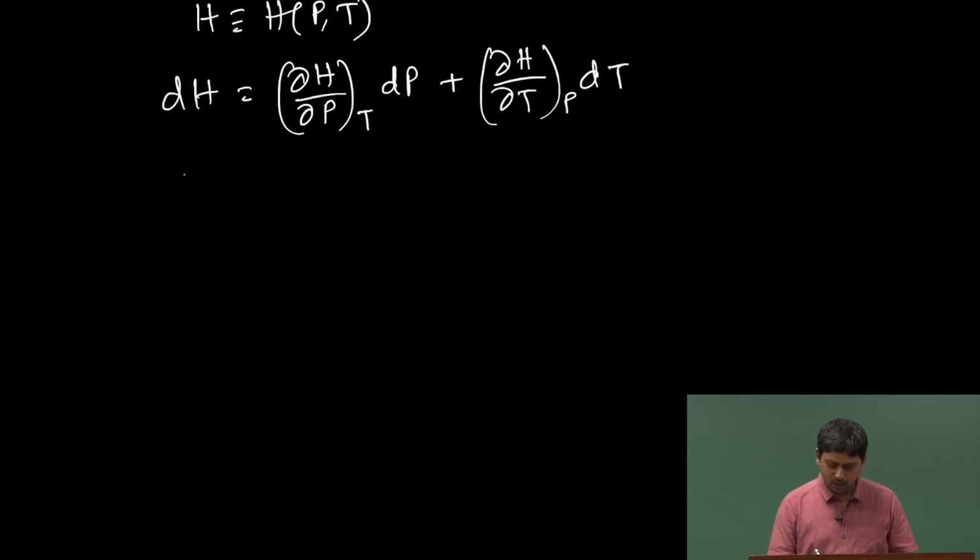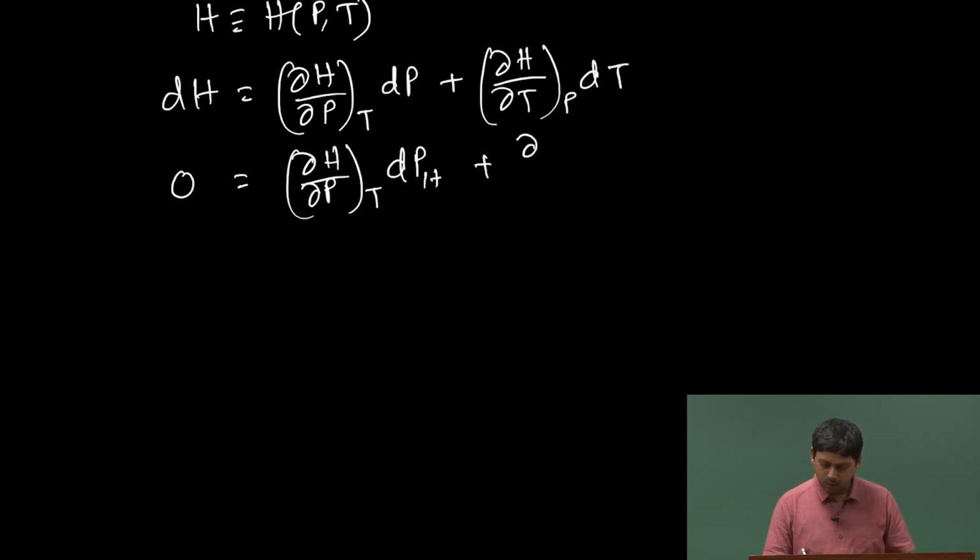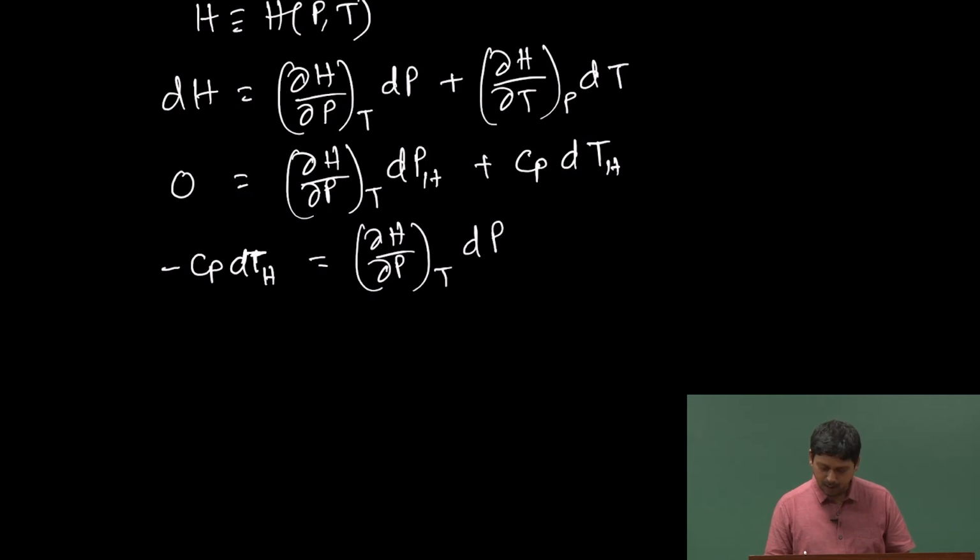Now, since our enthalpy is constant, it is going to be 0, and now we are going to indicate the P with H in order to denote that. And you know what is the del H by del T at constant P, right? What is that? Cp. So, just straight away write Cp dT. Rearrange the equation, minus Cp dT at constant H equal to del H by del P at constant T dP at constant H. Divide both sides by dP at constant H, which is going to give you